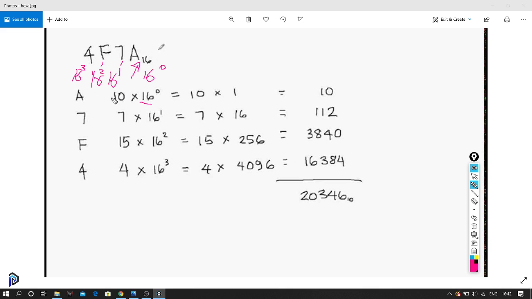A is actually 10 in hexadecimal, and B is 11. We have 0 to 9, and then A to F, which are 10 through 15. We multiply and sum them up.